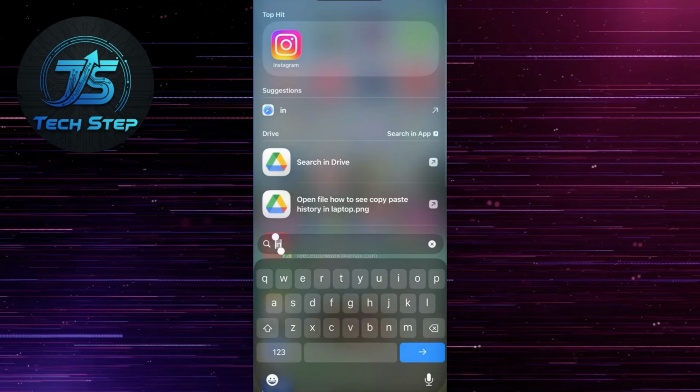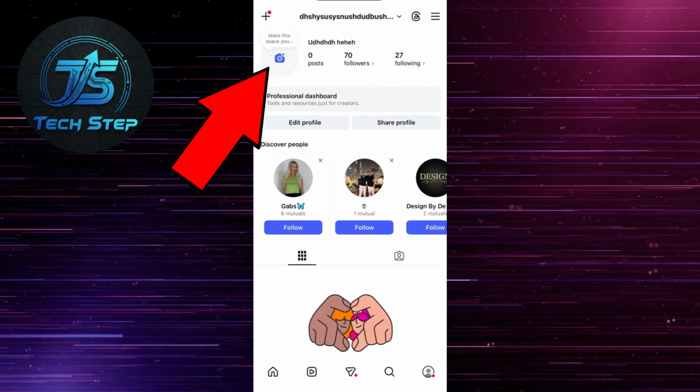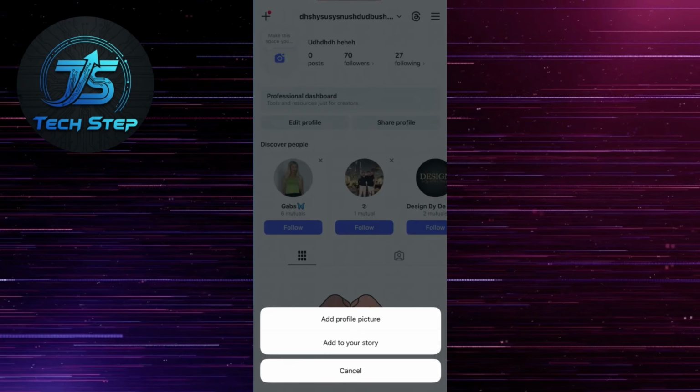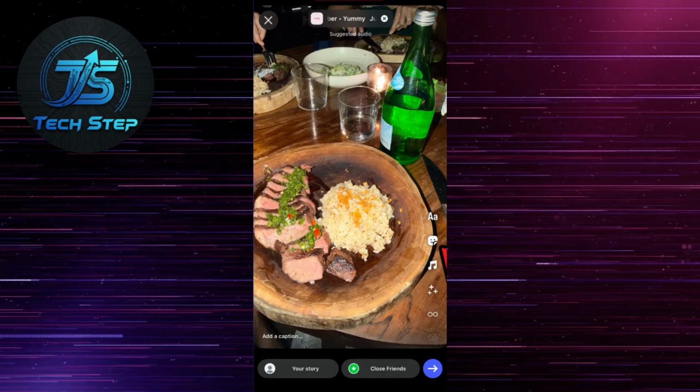Now, the first step is you need to load up Instagram and head over to your profile page. Now, click on the camera icon in the top left hand side and select Add to your story. You can then upload either a photo or a video and then click on the sticker icon from the right